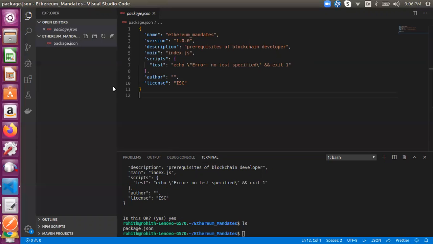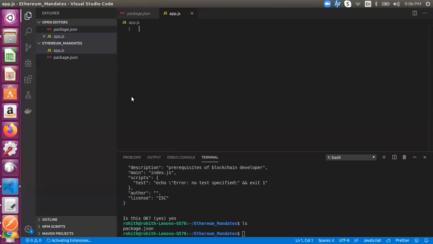So far we have initiated our project, and I want to write some JavaScript to launch the web server. For that, I'll create one file. I click here and create app.js. It's a JavaScript file, app.js. Nothing is there yet. Before writing some logic here for developing a web server, there are so many npm packages available that we can use. Out of those npm packages, Express is the most